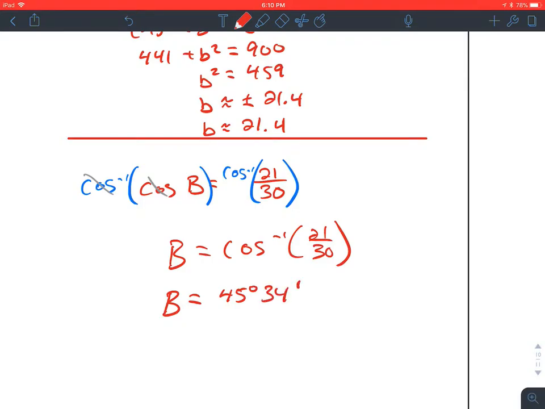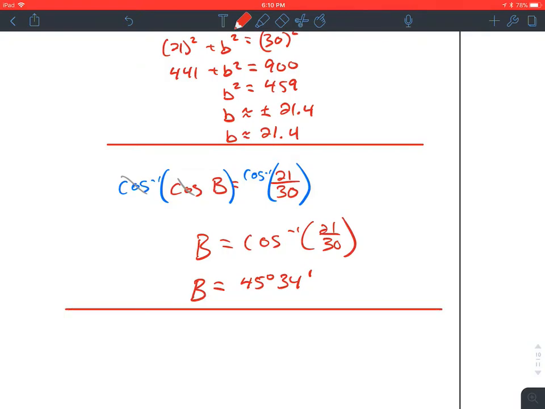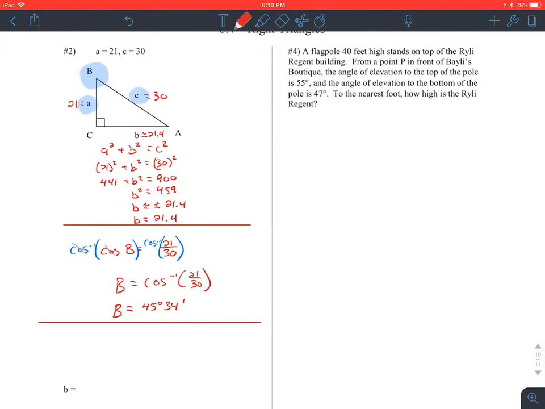34 minutes. If it doesn't do that in your calculator, when you get your decimal, 45 point whatever, 5 something, subtract the whole number, so you just have the decimal, then multiply the decimal by 60, and that will get it into minutes. I got 45 degrees, 34 minutes. So what are we missing now? We are missing